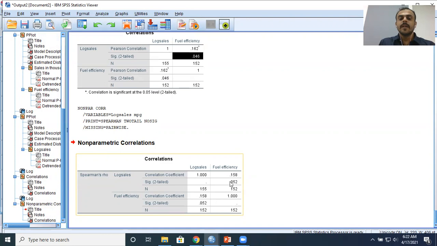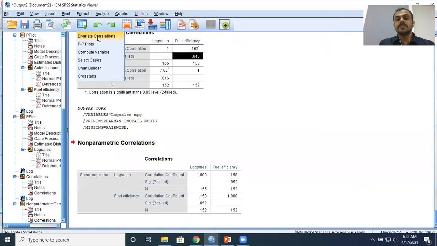But one question that might pop up in your mind is, if you're saying that these are distribution-free tests, why should I take log sales? Why not consider the original variable sales itself? It's a good question. We can try with the original variable sales itself.